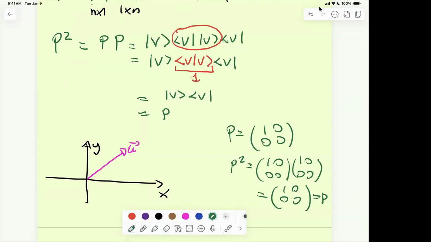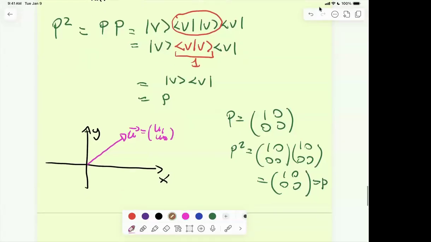If this is U1, U2, and you look at the projection here, the projection is U1 comma 0, right? And the matrix that does that is this matrix P. So this matrix is really projection onto the x-axis, right? So this matrix projects onto the x-axis. Right? Assuming that